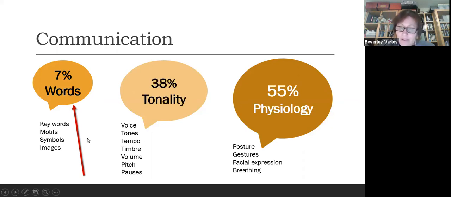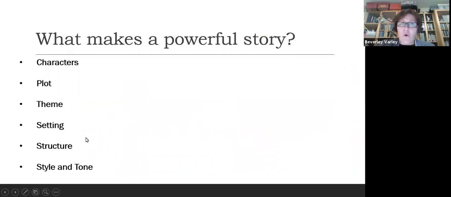So, what makes a powerful story? We've got our words, we know how to structure it, we know we need characters, a plot, a theme, a setting, structure, style and tone. But what makes it powerful? Okay, what are the stories that stand out? And what the research is saying currently